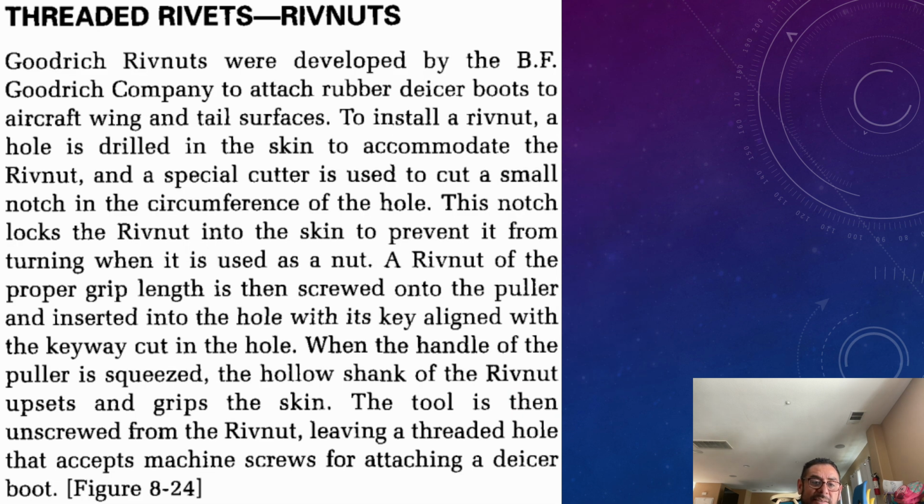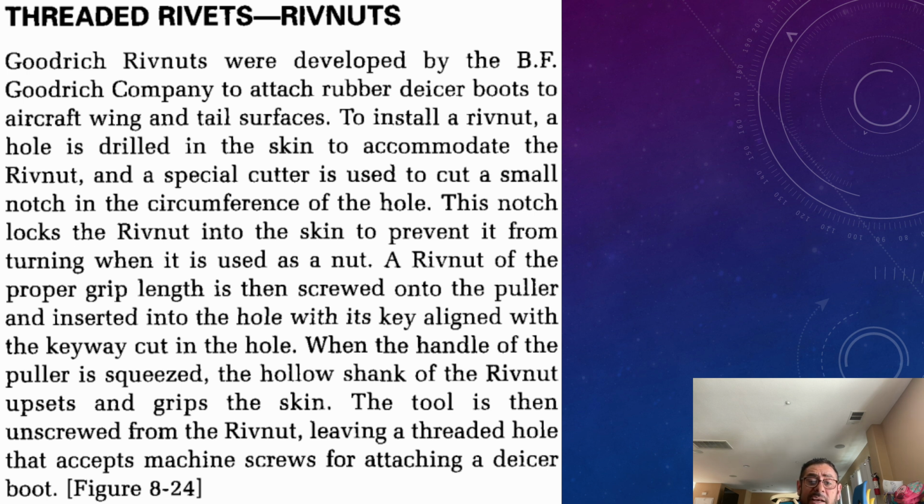Threaded rib nuts. Goodrich rib nuts were developed by the BF Goodrich company to attach rubber de-icer boots to aircraft wings and tail surfaces. To install rib nuts, a hole is drilled in the skin to accommodate the rib nut. A special cutter is used to cut a small notch in the circumference of the hole. The notch locks the rib nut into the skin